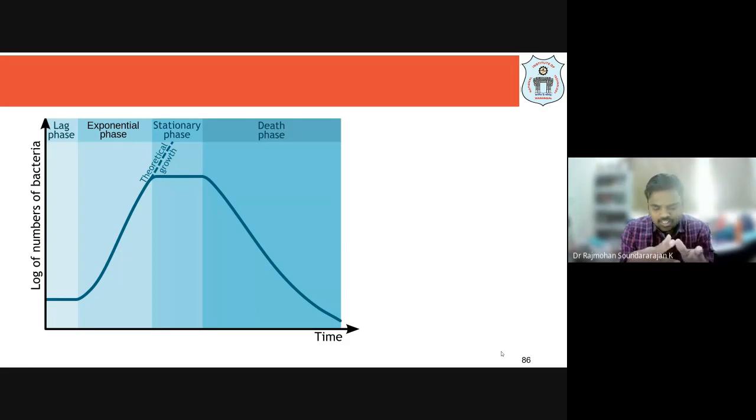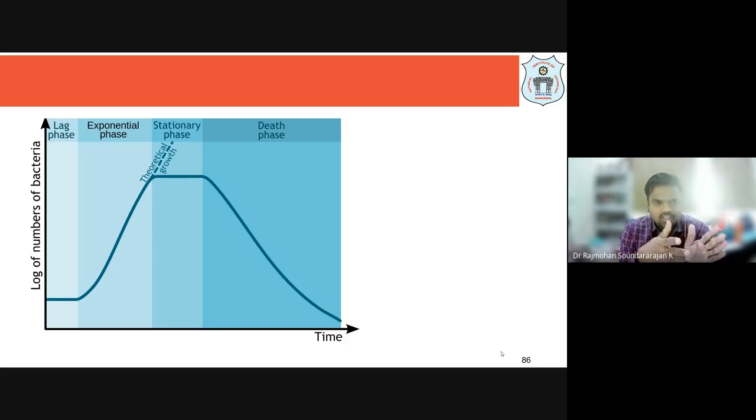Similar to that, here initially when a microorganism is introduced from one medium into another medium, the conditions of the environment are going to be different, just like the weather when we travel from one place to another. Like that, the microorganism will also first undergo a lag phase. Then once it is settled, the exponential phase will be there. Once it gets sufficient energy, it says, now I am ready, now I can multiply. Like that, it will go for reproduction, and there will be multiplication of microorganisms. So that way the exponential phase will be there.